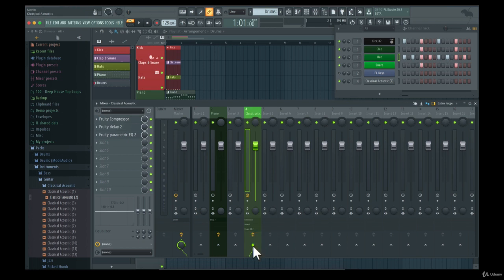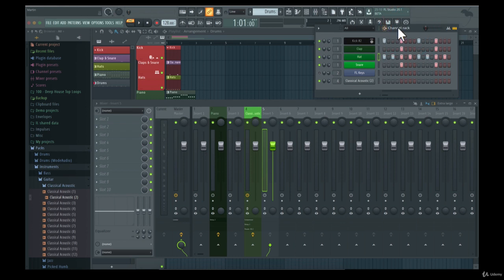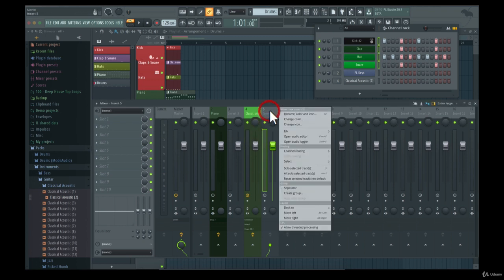All of these plugins here. And that is it for the individual mixer channel here. As well, let's say I select one of these mixer channels here. I can select in the channel rack, let's say, all of the drums here. And I'll go to the mixer here and just right click and choose channel routing, route selected channels starting from this